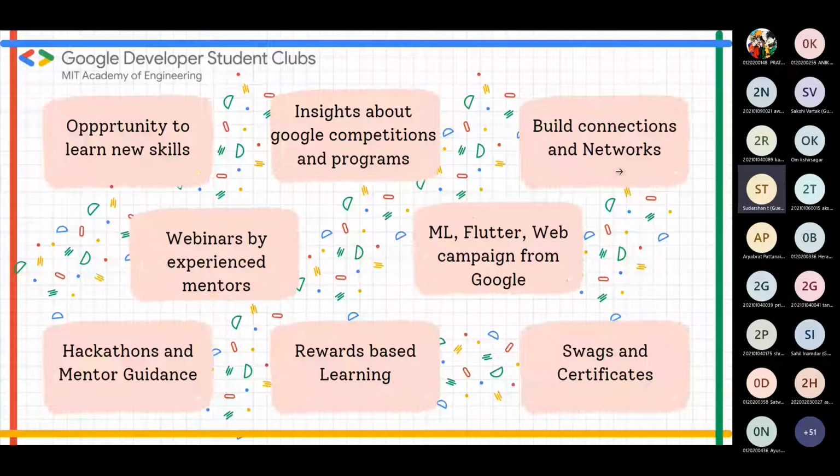GDSC is a very good platform which connects you everywhere, because as I told earlier, GDSC is present everywhere. If you search on gdsc.community.dev, you will find more than 500 GDSC chapters in India. And also lastly, you will get swags and certificates. You will get some stickers and t-shirts and certificates from Google. So that will be a great show off in your career, or you can show off to your friends. So like that, you will get these things if you join GDSC. So these are our benefits.